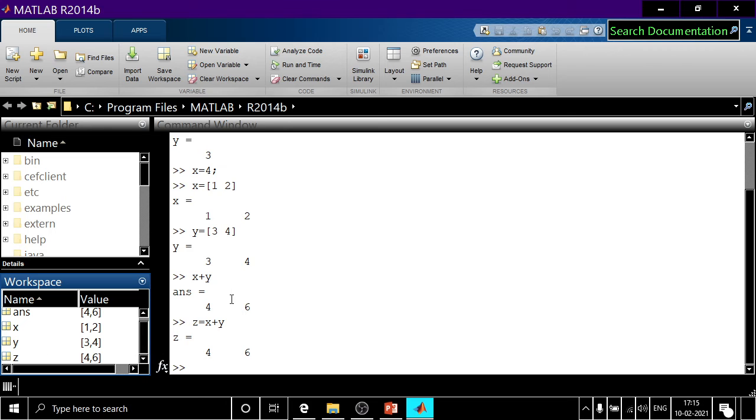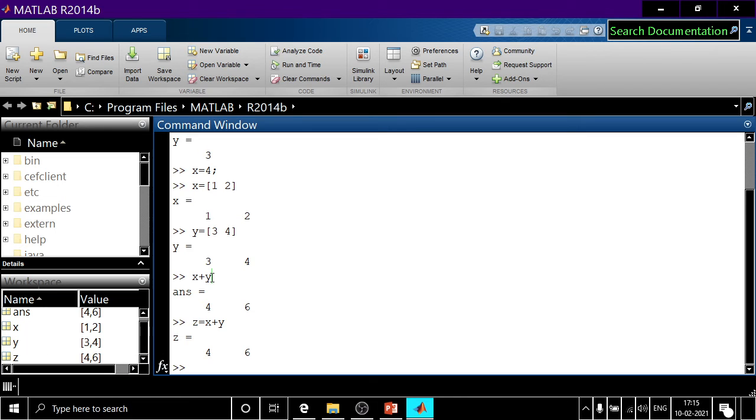And in this particular command, I had not assigned this output x plus y to anything. It was an open sort of statement. So in such cases, MATLAB uses a variable ans. The ans means this is the output.